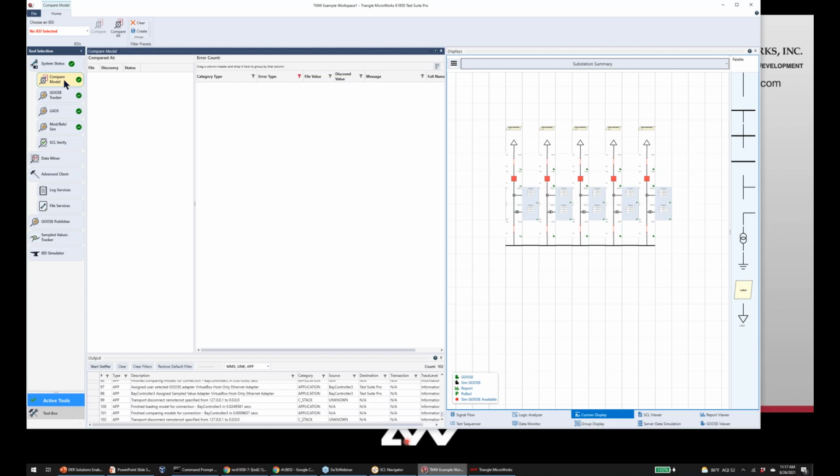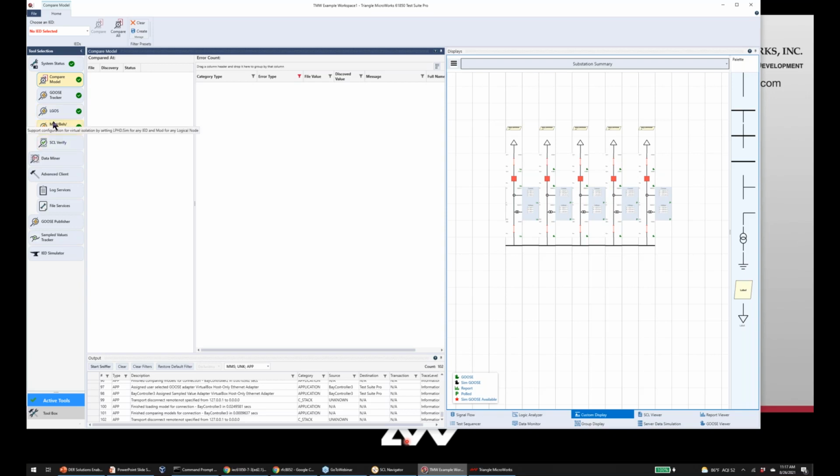We end up with an outdated SCL file somehow. This tool quickly lets us attach to the device and compare what the device exposes online to what the SCL file tells us it should be. Saves a lot of time and confusion if there is any discrepancy in the files being used.